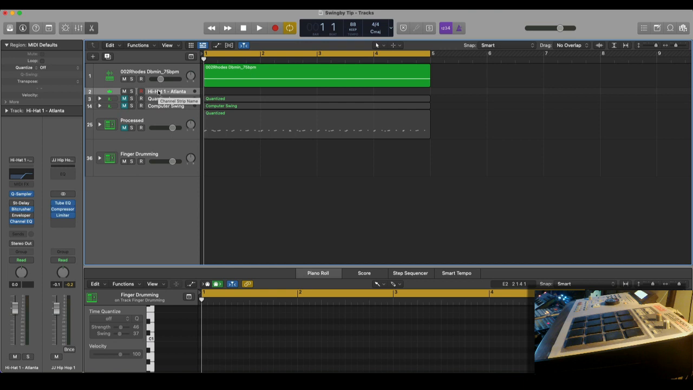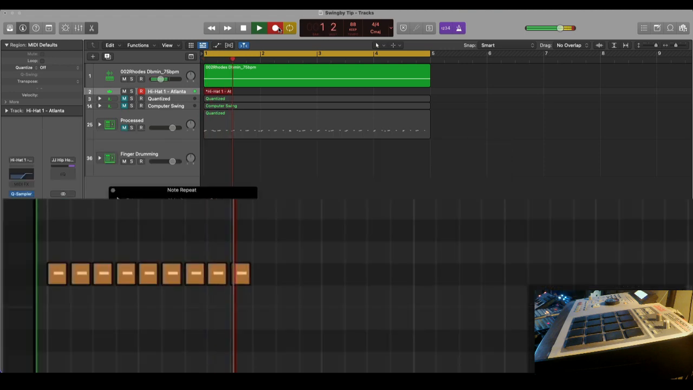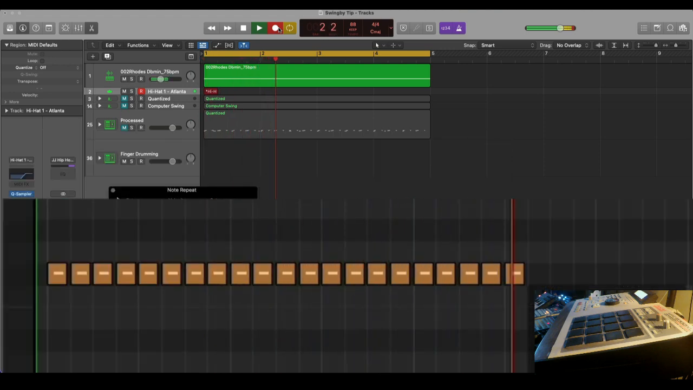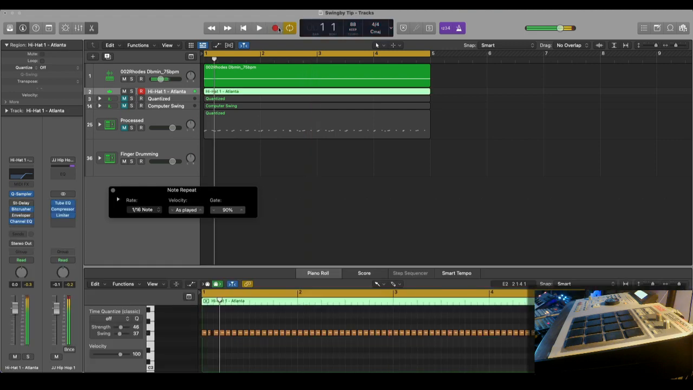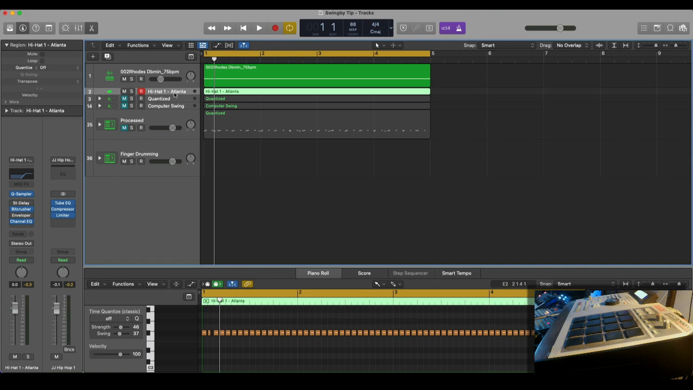The metronome helps when you listen to the metronome, and you can even create your own metronome that's quantized. So let me do that real quick. I'll use note repeat. All right, cool. I don't know why more people don't use note repeat, especially for trap. It's so easy. All right, so anyway, you can use that as your metronome, and then when you're finger drumming,